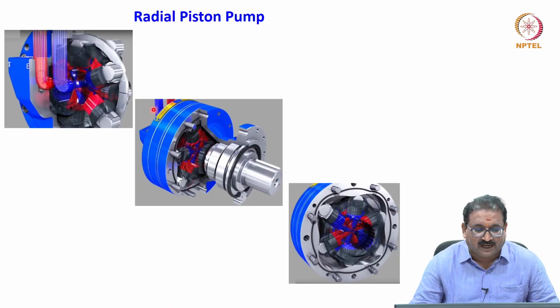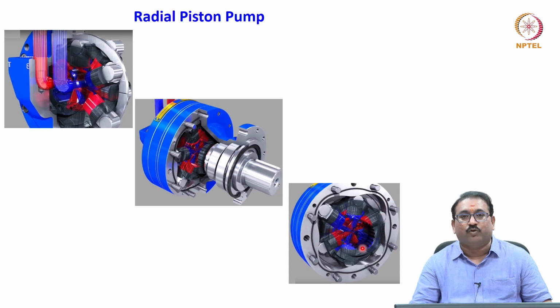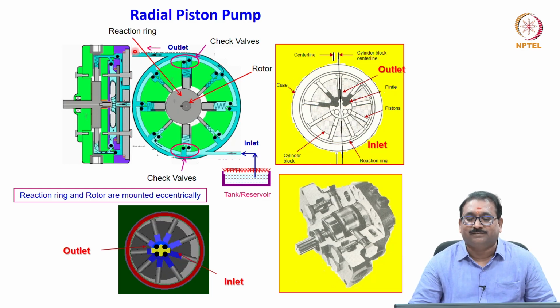For better understanding, I have shown the pistons here. You will see the pistons are arranged radially. Here also, friends, there are various pistons for better understanding. Then this is the surface where they will contact during the motion. See here, there are various pistons during the eccentric. Now you will see, friends, as the rotor rotates, it pushes the cylinders in and out, through which the inlet and outlet take place.